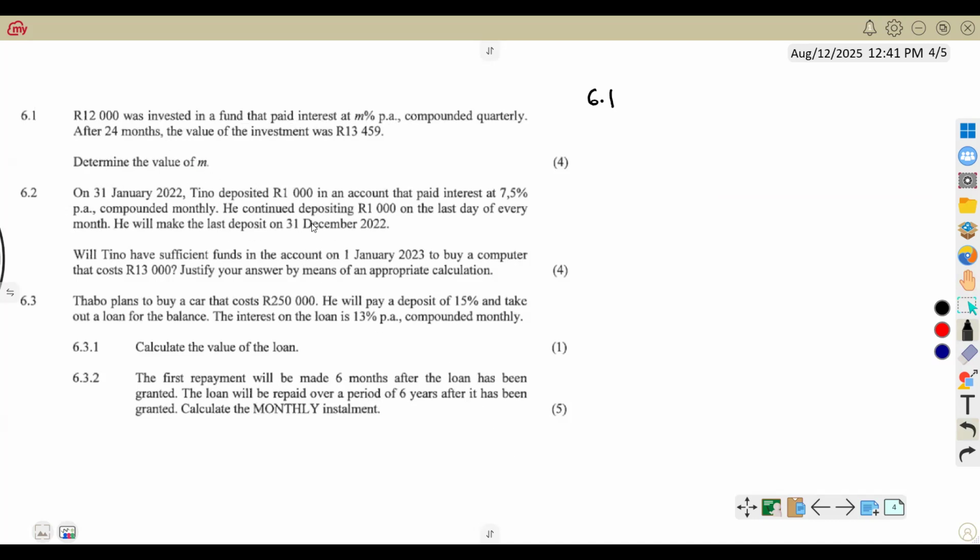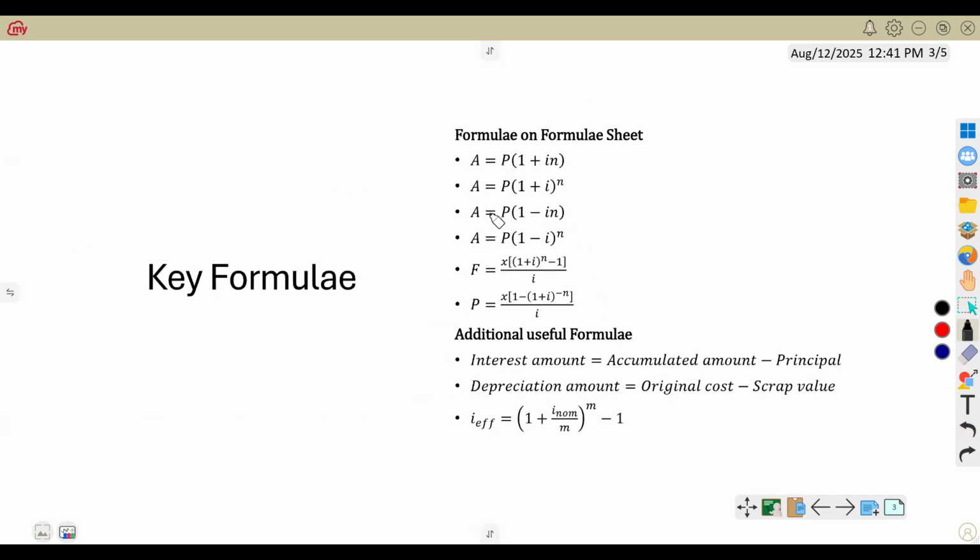To get the value of that M, it means this is a lump sum which was invested. So you have to use the formula. Here is the formula when there is a lump sum that has been invested. Adopting that formula, we are now going to get